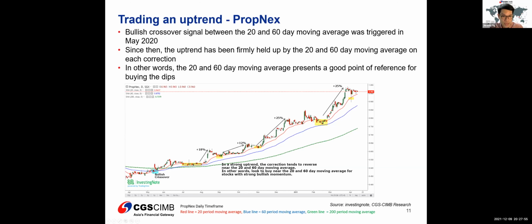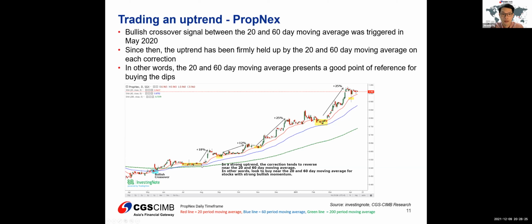So over here in May of this year, that is actually when we saw this particular bullish price action forming. This actually qualifies this uptrend forming. And once we see the uptrend forming, the next likely strategy, like I mentioned, is to wait out for any form of pullback to happen. And once we see a pullback down to our buying level, which is the 20-day moving average as well as the 60-day moving average,